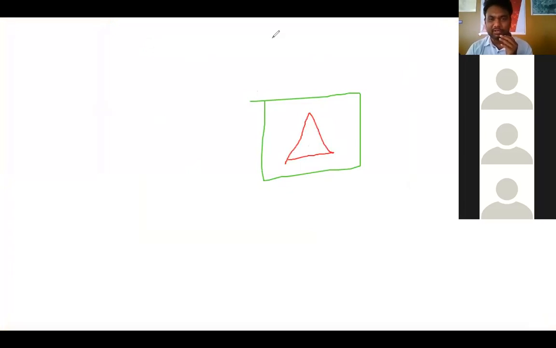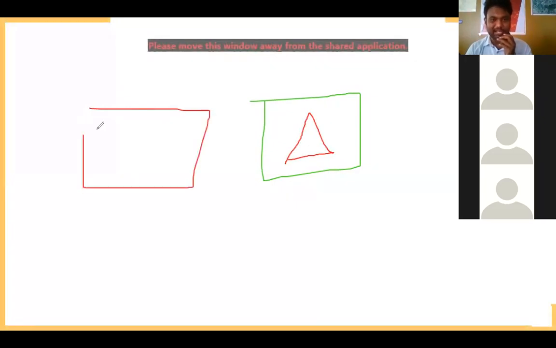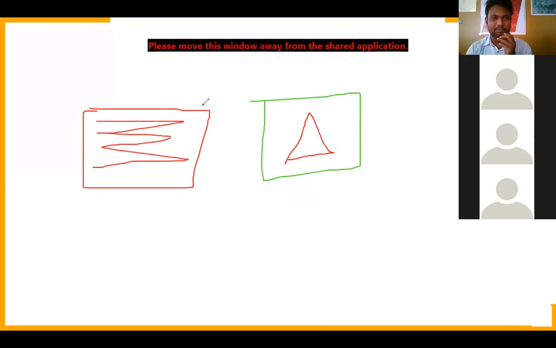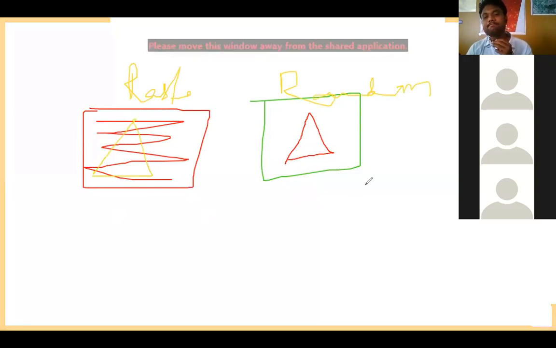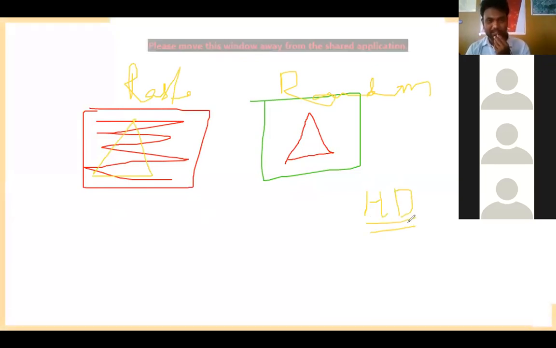Okay, so if you observe these two, random and raster scan display, it is a line thing. Here we have the points like this, it will go. Compared to raster, the random scan display is more high definition. So it has more clarity. Is it or not? Yes, sir. It has high definition, right?